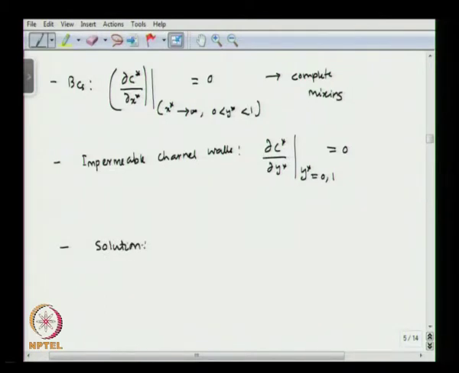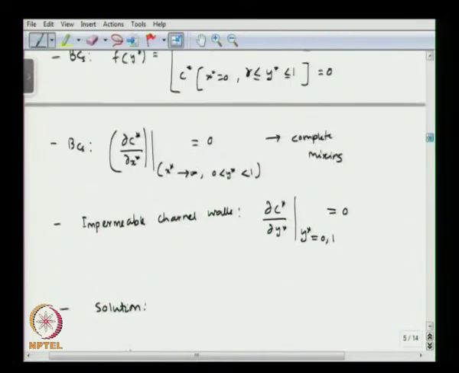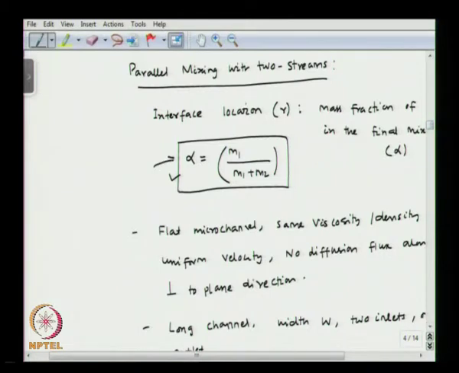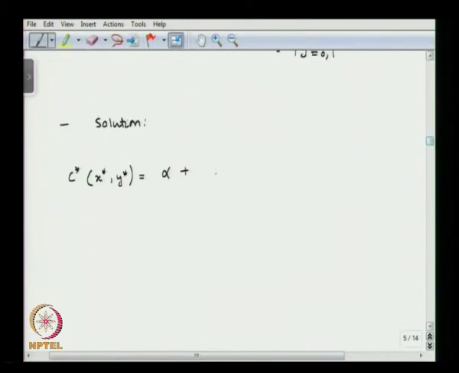The solution can be written as C star as a function of x star and y star equal to alpha, where alpha is the mass flow rate ratio of the 2 fluids, plus 2 over pi, summation n equal to 1 to infinity, sin alpha pi n divided by n, into cos of n pi y star,